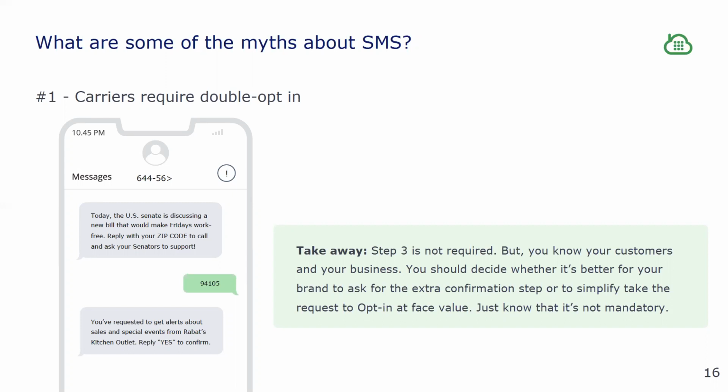These are valid kinds of opt-in that do not require a double opt-in. If you wanted to have double opt-in for your use case, that's great. You can have a double block gate to make sure you do not send messages to any of your unsubscribed customers, but just so you know, it's not mandatory.